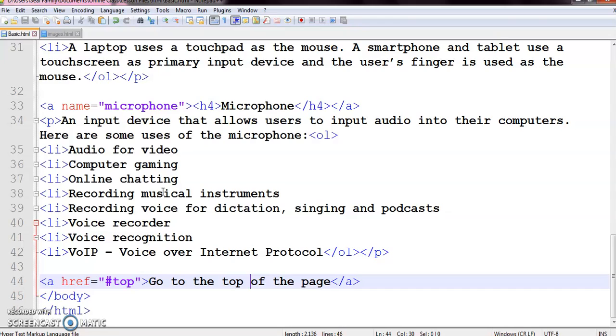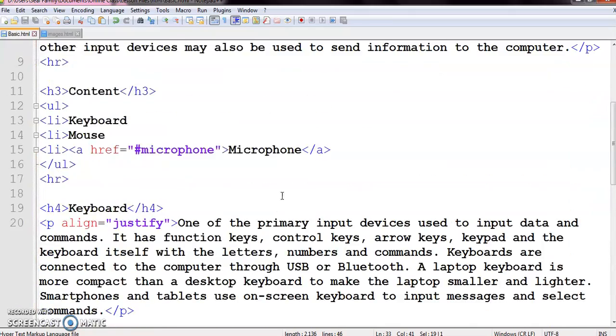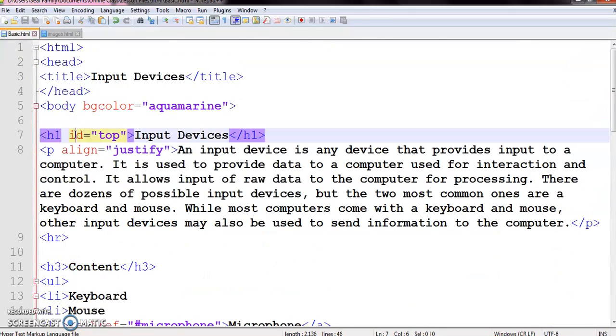One is using the name attribute of the anchor tag and wrapping the section to which you are going to jump inside this anchor tag. Another approach is directly using the ID attribute of the element to which you are going to jump.